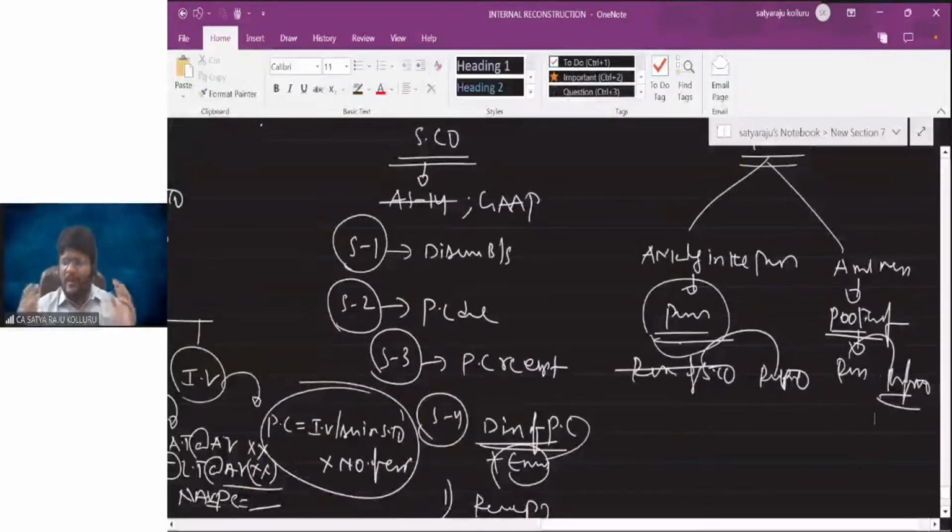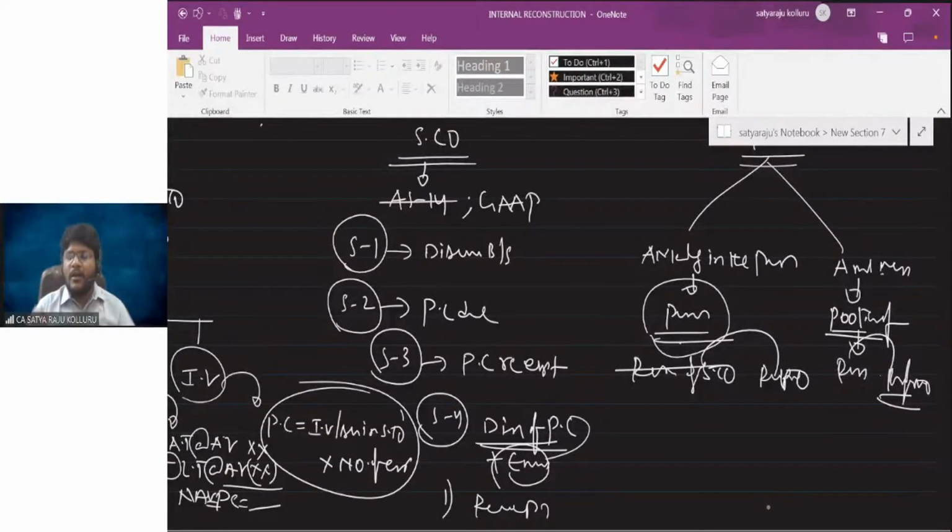There are so many other differences also. In case of merger, all assets and liabilities are taken over at book values only. PC should be paid in the form of fully paid up equity shares. At least shareholders holding 90% of share capital in the selling company would become the shareholders of the purchasing company. After amalgamation, the purchasing company should continue the same line of business. If any of the conditions is deviated, then we call it the purchase method.